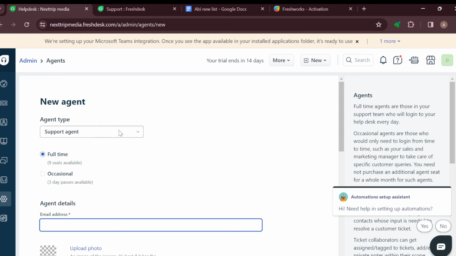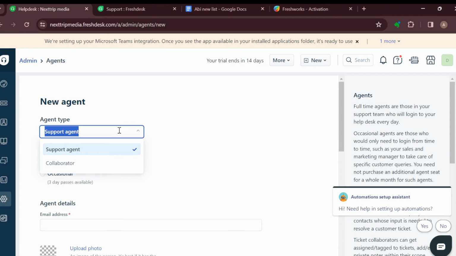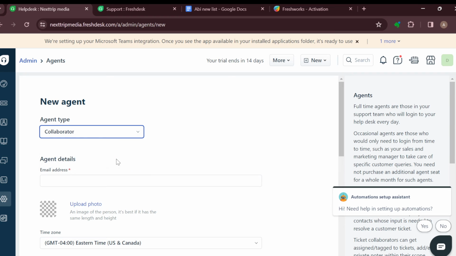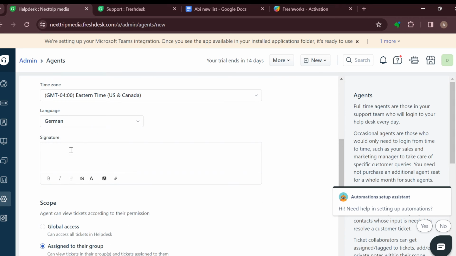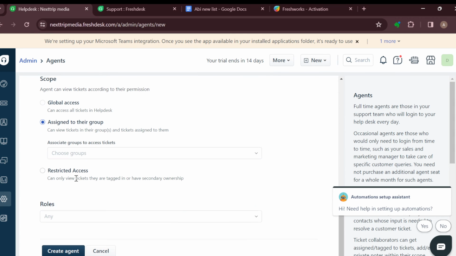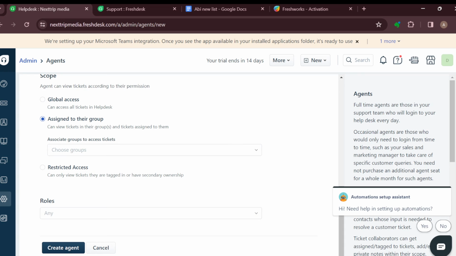And here you have to select the agent type. Now the agent type that you are going to select is collaborator. Alright, because since you are trying to collaborate with other people on your account. So after selecting collaborator, you'll be asked to input the email address in here of the person you want to collaborate with. Type in the signature, the scope, click on create agent,